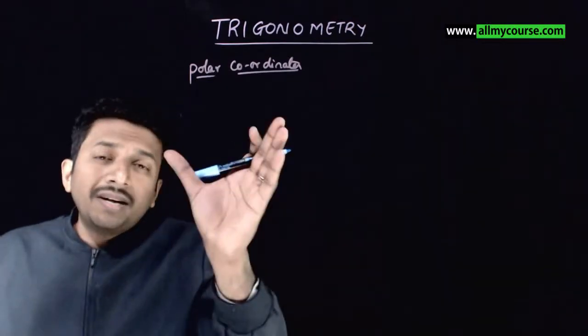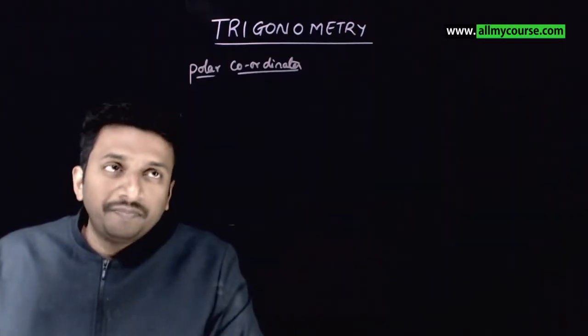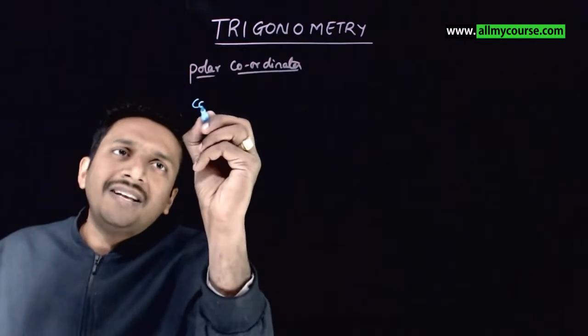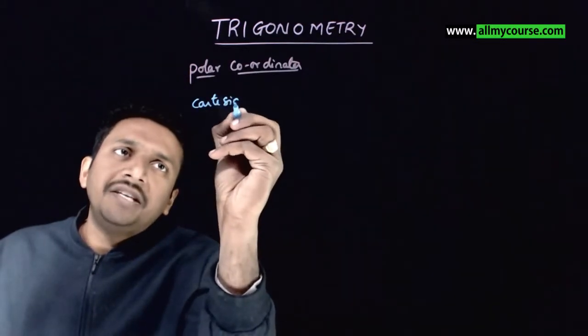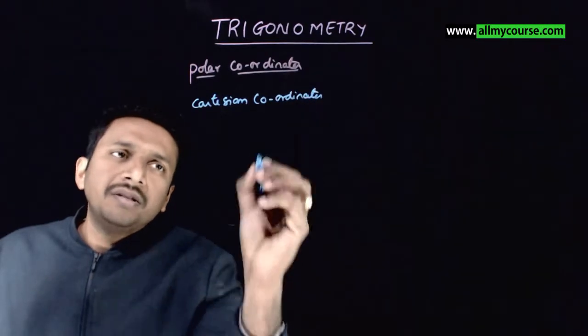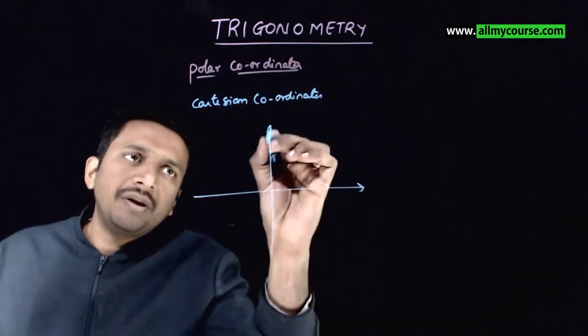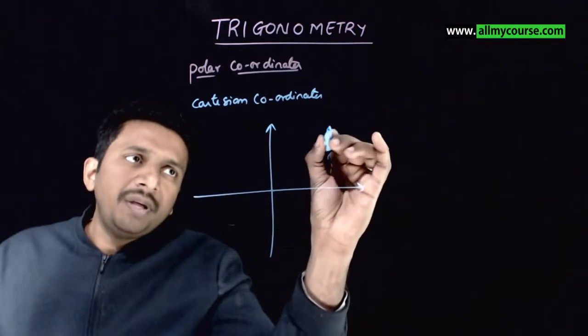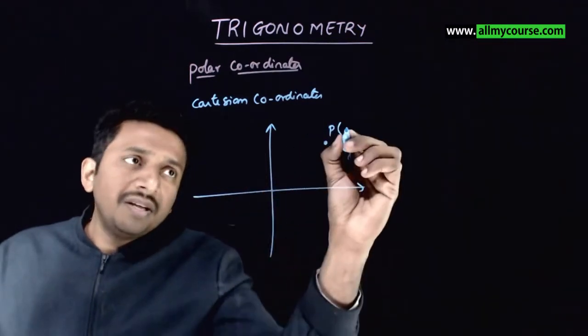So in this video, let us look at the topic of polar coordinates. You know what Cartesian coordinates are, right? So if you take the Cartesian coordinate system, any point P on this Cartesian coordinate system can be represented